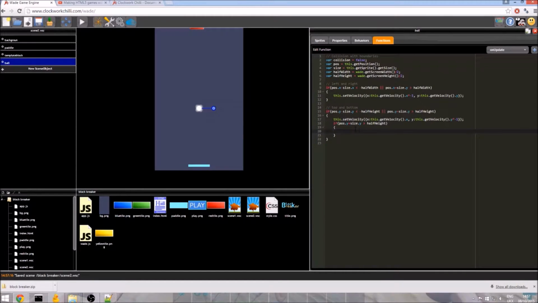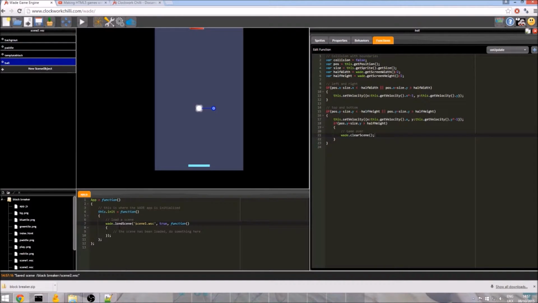So if we're off the bottom of the screen, game over, we want to do wade.clearScene. And then we need to reload scene1.wsc. Now again, we can just copy and paste our function from app.js, which is here. And hopefully that should go back to the main menu.